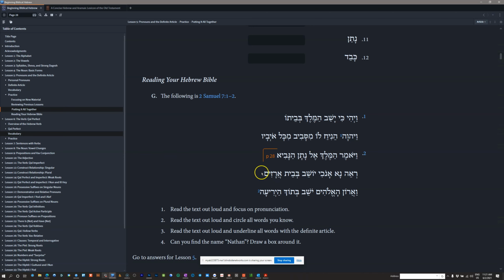arazim, and Aron Ha-Elohim. Aron here, this is the ark of God. I know it looks like the God, but here this is implied the God of Israel or the God of us. And the ark of the God or our God or the ark of God, Yoshev. Again, same form. This one just happens to have the Holam Vav. This one has the Holam. The ark of God is dwelling in the midst of